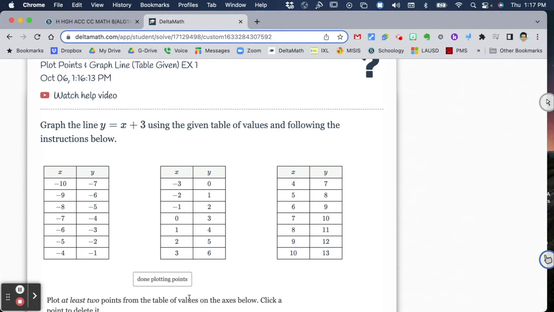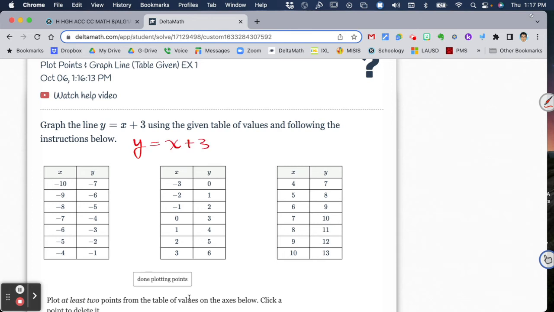Okay, so we're going to graph linear functions from tables. So here we have, this is a continuous table if you notice. It starts with a domain value of -10 and it just works on through to +10, okay? And it's the table for this function, y equals